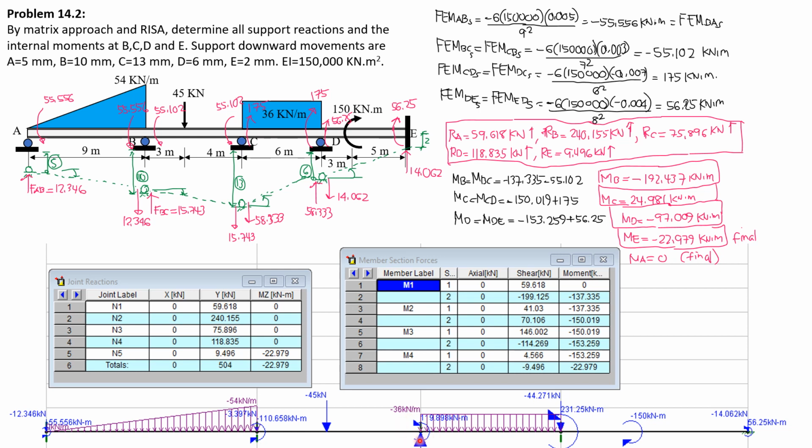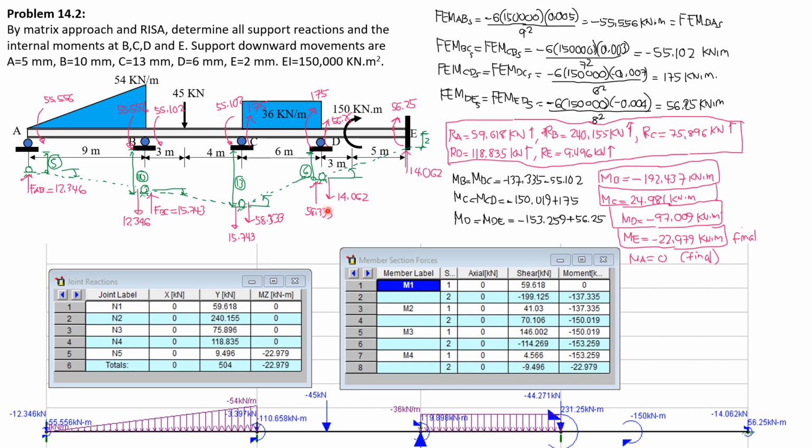So the magnitude of this upward load at C is 74.076. That is 15.743 plus 58.333, so 74.076 here. Then next, we have